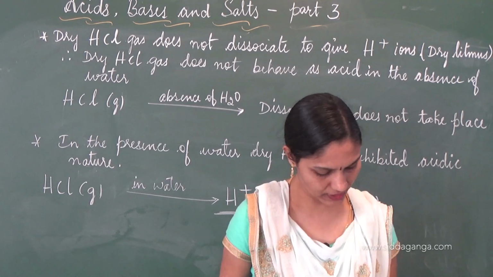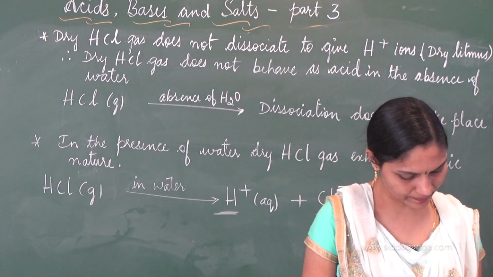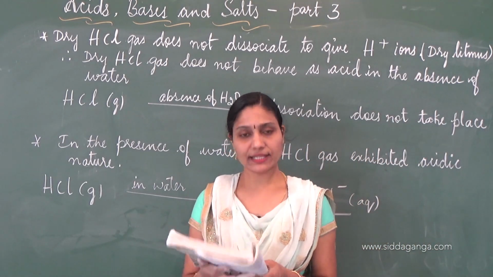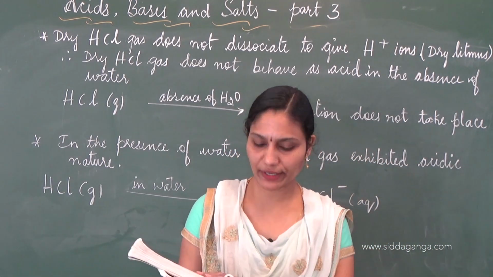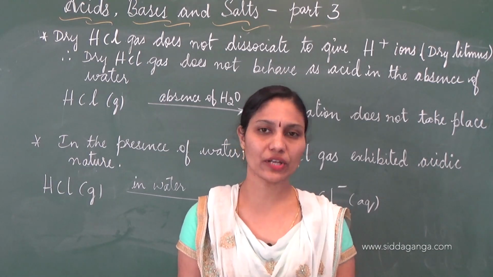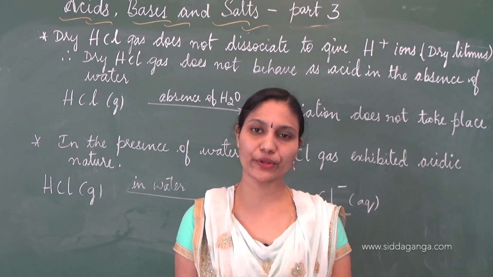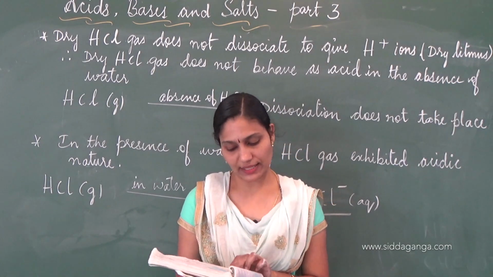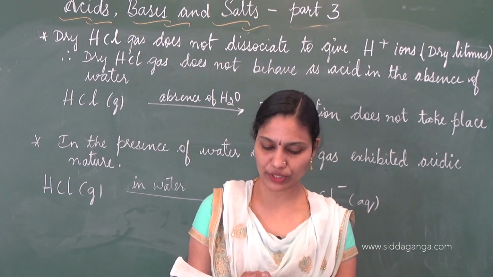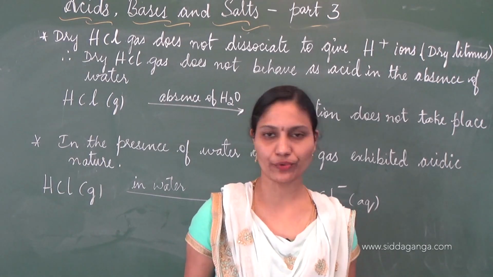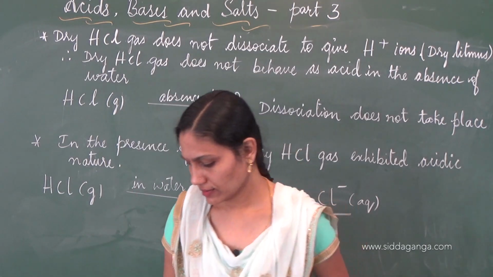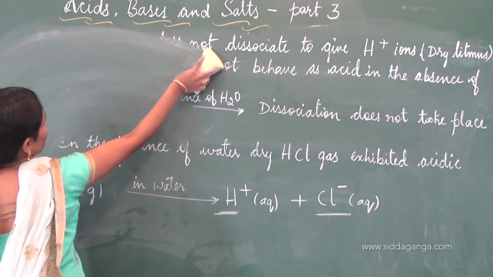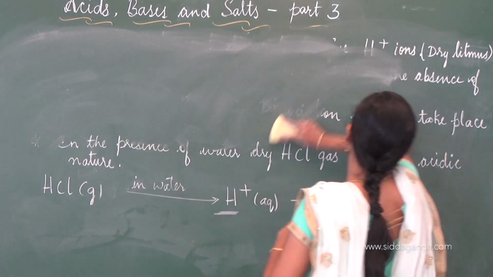And further we will understand, I'll read out few points for you. This experiment, the above experiment, that is activity 2.9, suggests that hydrogen ions in HCl are produced in the presence of water only. Please note it down. The separation of H plus ions from HCl molecules cannot occur in the absence of water. So we will further write down the equation related to this.